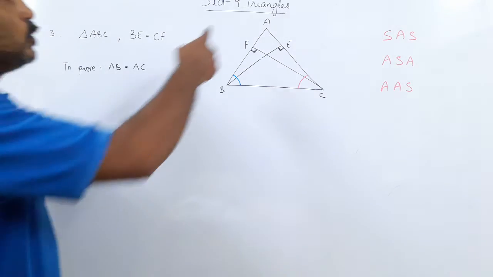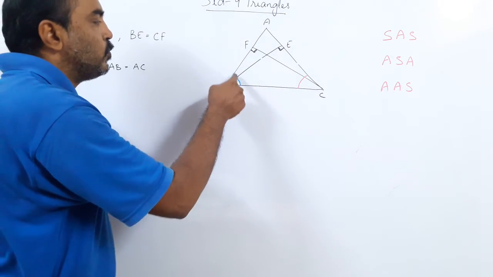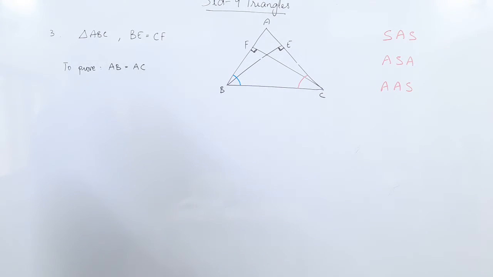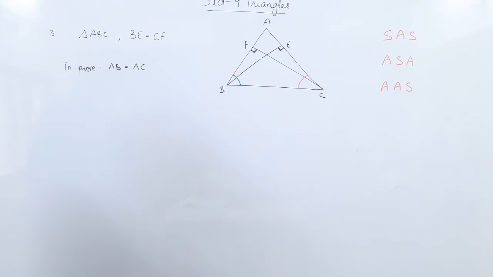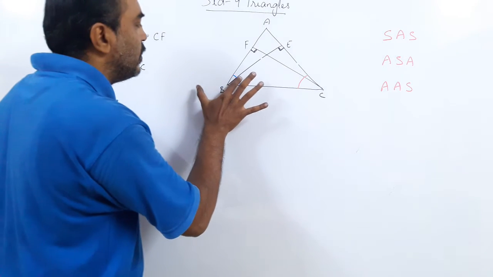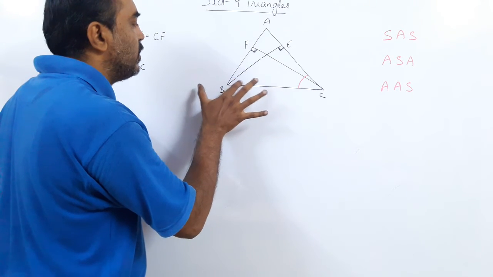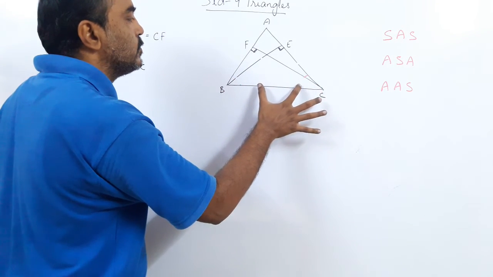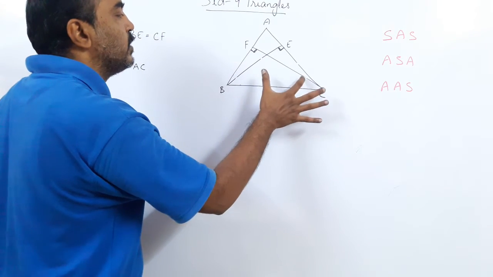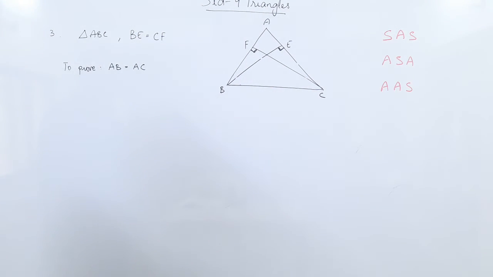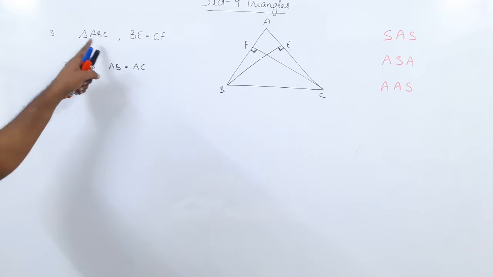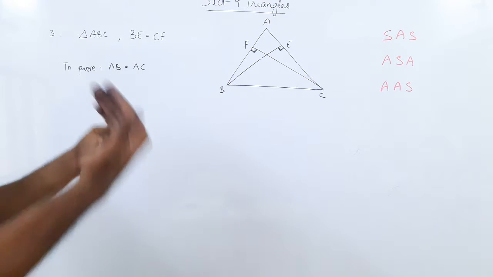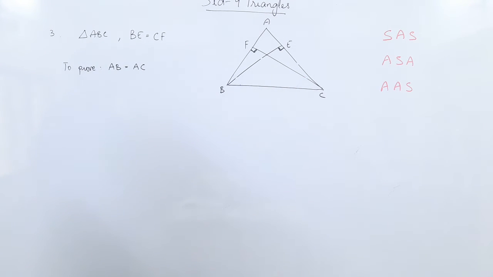Now how will you think? To prove AB equal to AC, we have to prove this angle and this angle are equal. To prove that, again prove FBC equal to ECB. But this time how will we do it? We are not given that these angles are equal. This time we cannot show these angles are equal. Why? Now comes the main point to think, the real trouble here. You may think this is very simple. The sides are given equal, so the angles opposite to them will be equal. The converse theorem. But we cannot work it out here.